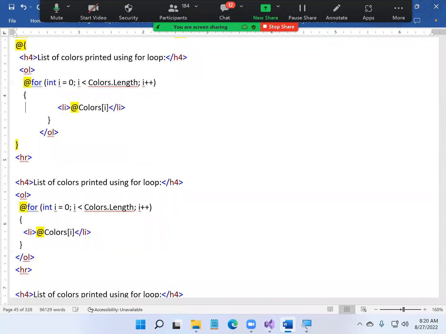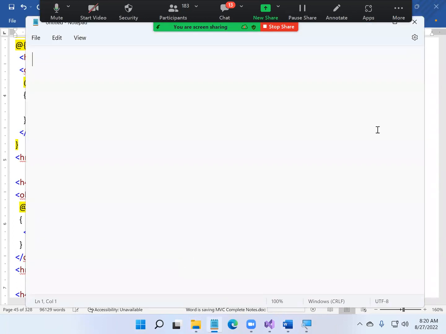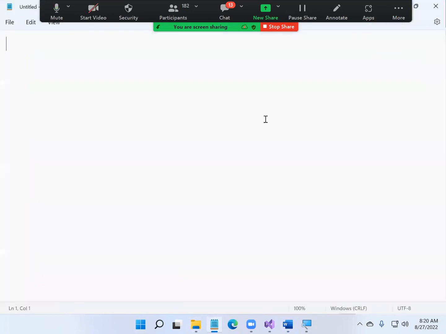Now, the next requirement is the values that are received into the action method. The values that are received into the action method, I want to send them to my view now. I want to send them to the view. Okay. So putting it clearly, passing values from the browser to